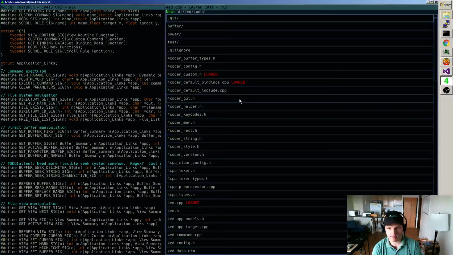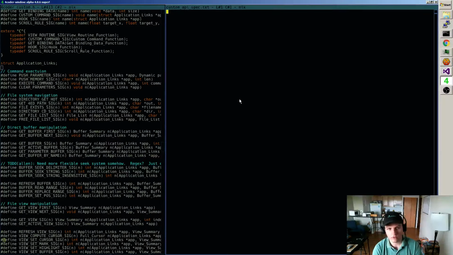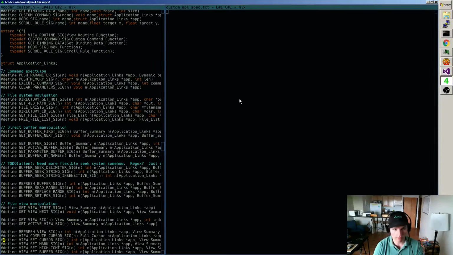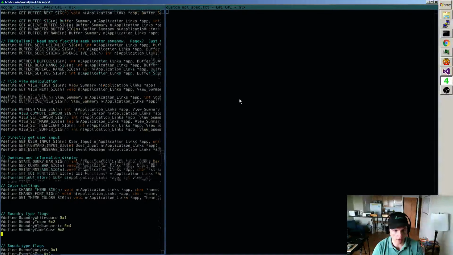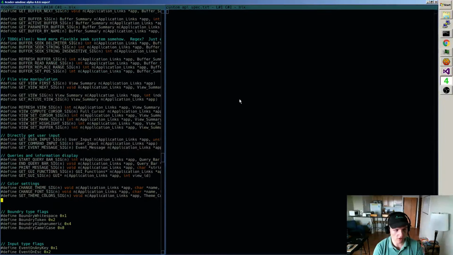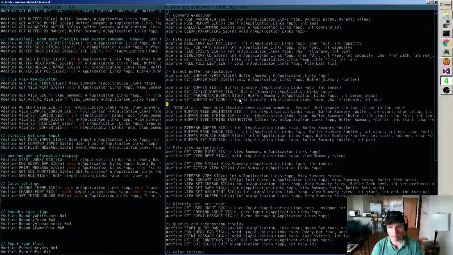What I need for that is something like custom API spec.txt or something like this. And then I'm going to grab just a copy of all of these defines to begin with, and we're going to use those to generate our source spec.